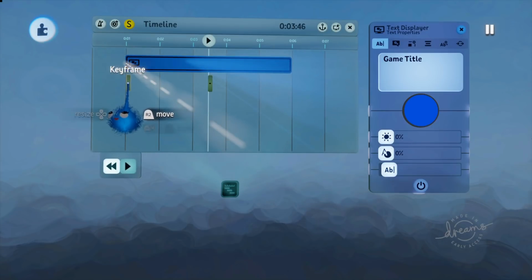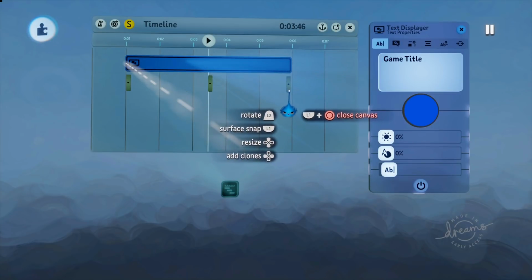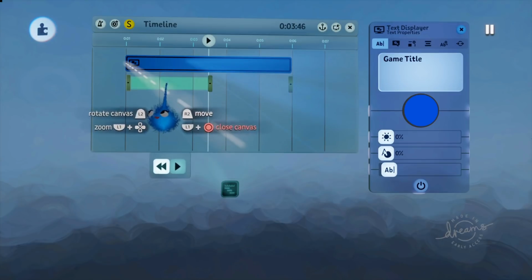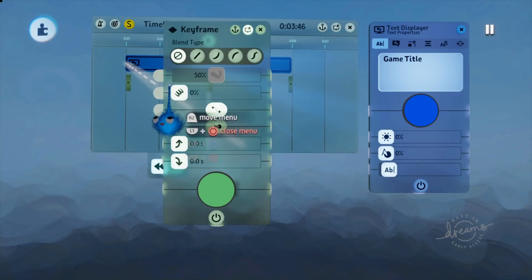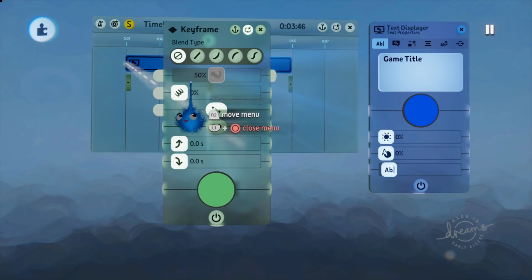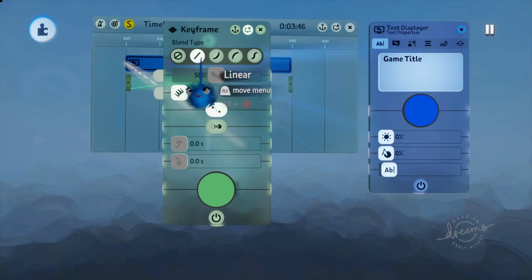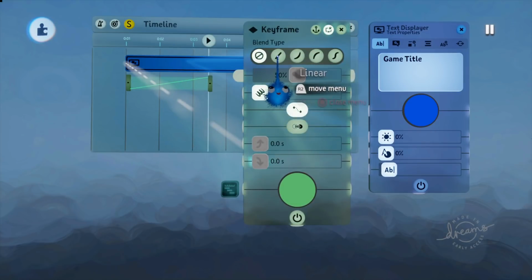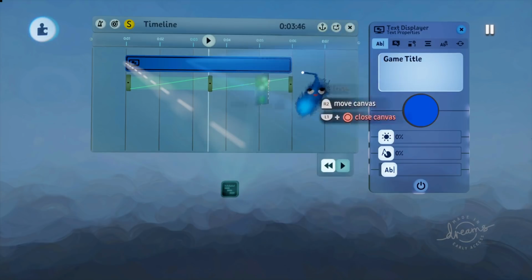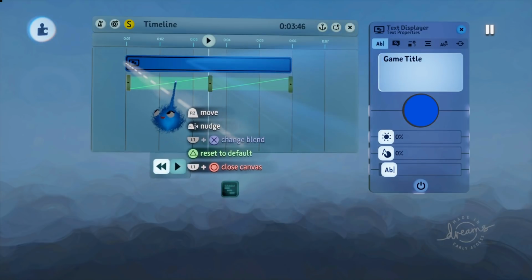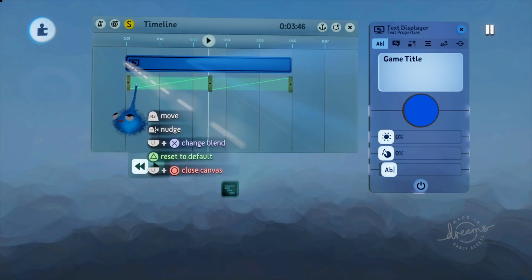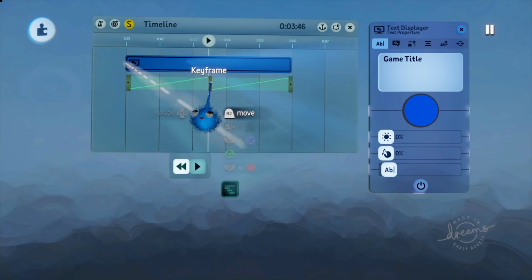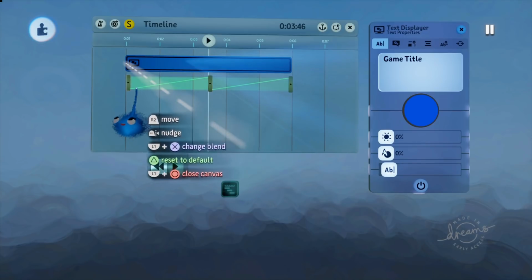Then I'm going to copy the first keyframe. I think you can see what I'm doing here. If you L1 and square over the gap, L1 and square, you can change the blend type. And this is a nice linear blend type, so it's going to go from 0 to 100 slowly across the